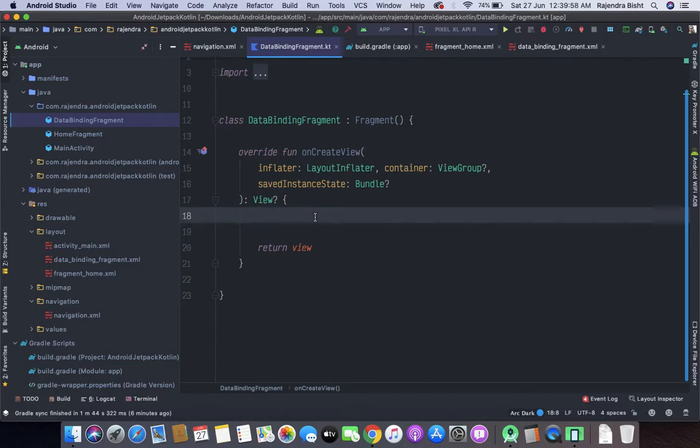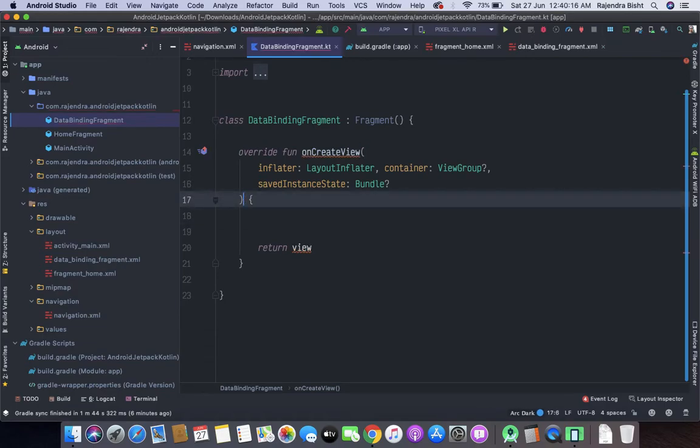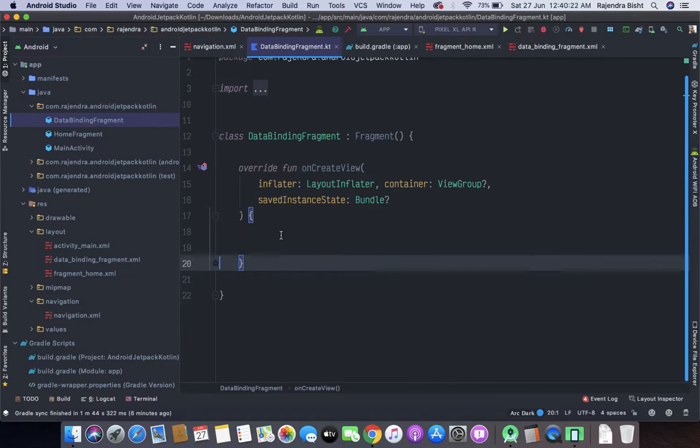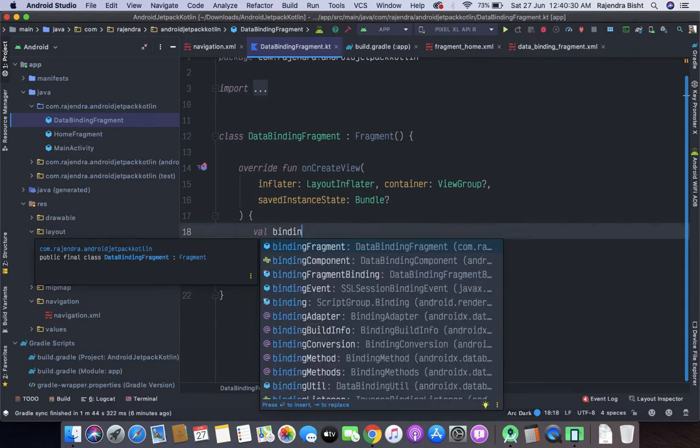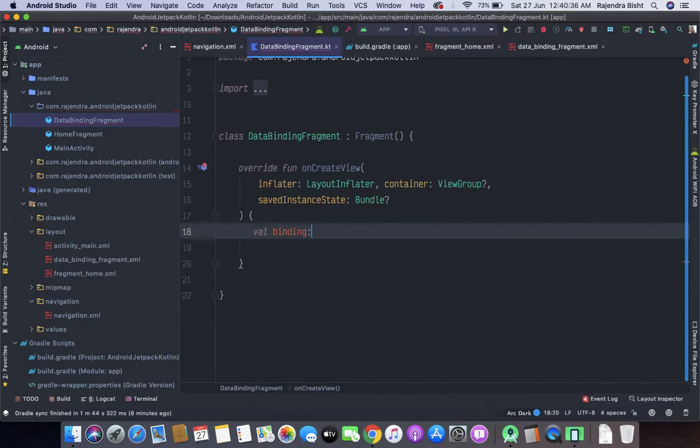Now here we will add binding, data binding fragment.